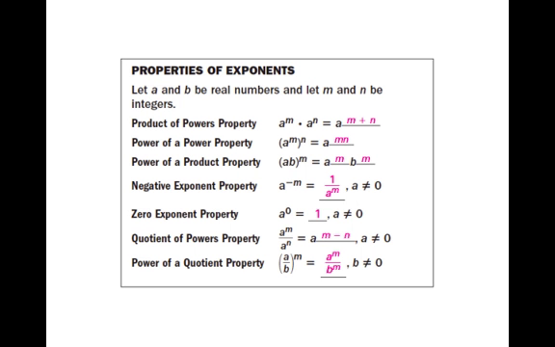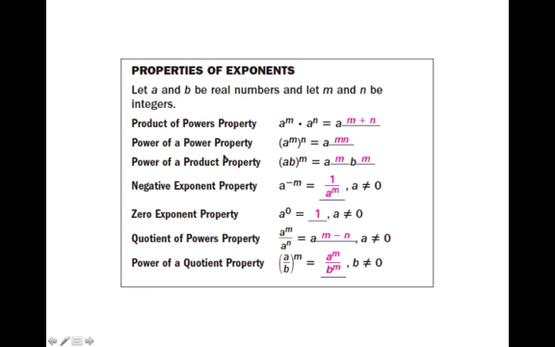A and B are real numbers. And we're going to let m and n be integers, values like 2, 3, 4, that kind of thing. 1 would be fine also. The product of powers property is that if you multiply two power expressions together and they have the same base, you add your exponents. So a to the m times a to the n equals a to the m plus